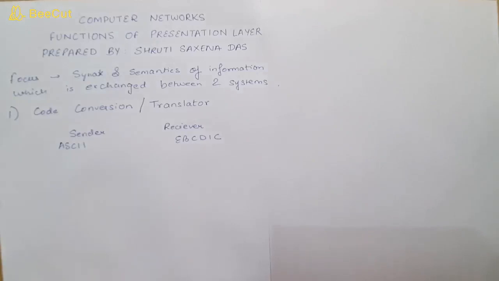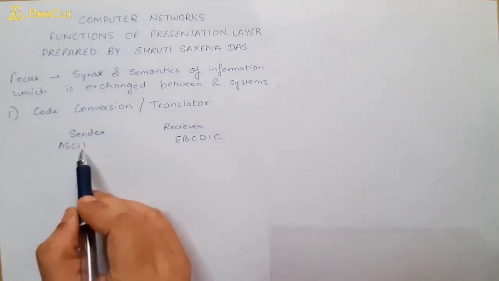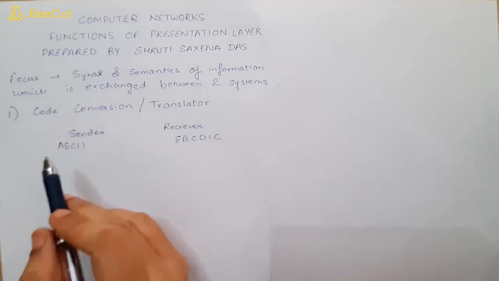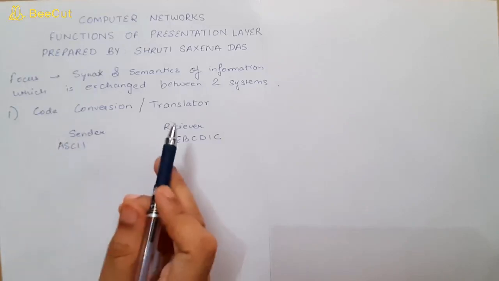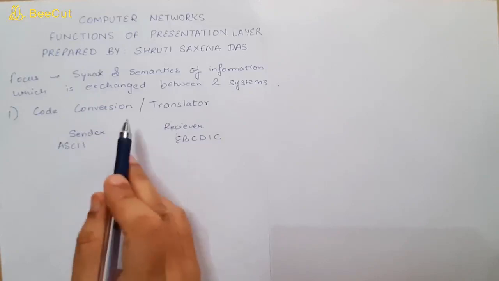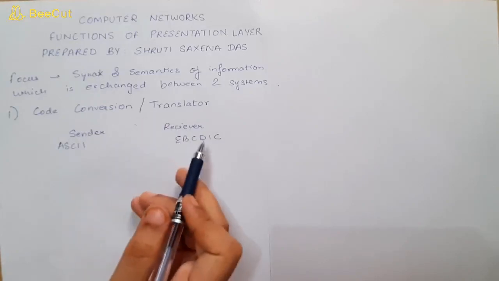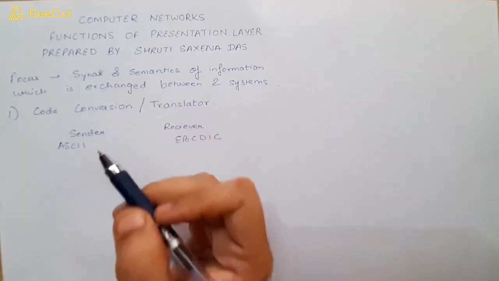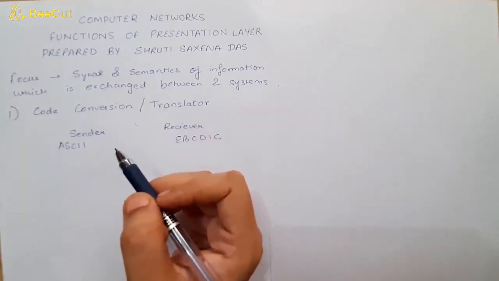So suppose both of these systems who want to communicate are using different data representation methods. Now in this case the role of presentation layer is to convert this format into some standard format or the common format, and at the receiver end again the common format should be converted back to the format which the receiver is using. That is the purpose of presentation layer. Okay,